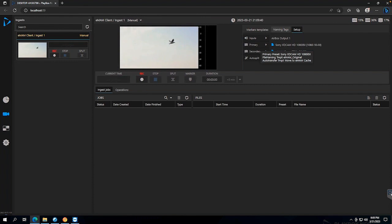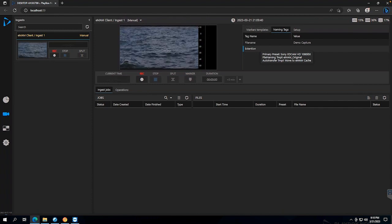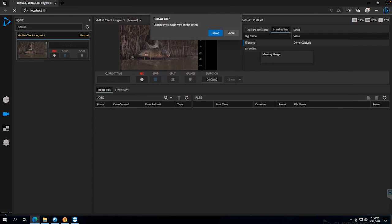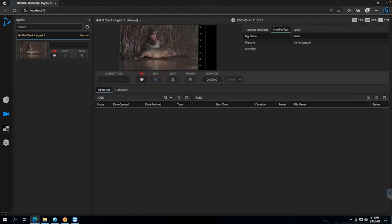Let me just go and do this here. Just a second, because I think my connection to that server, I'm via TeamViewer, it's lagging a little bit. So let me just go one more time. Reload. This is the web interface, so it's very easy to deploy. And as you can see, I have one instance here of the server,